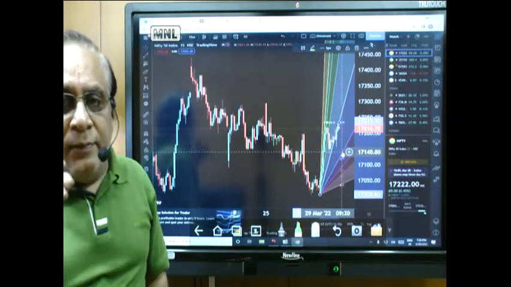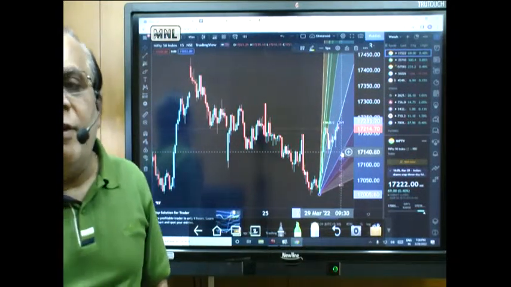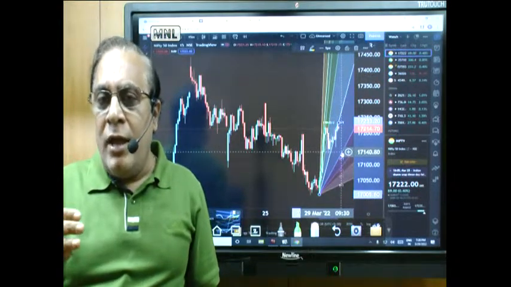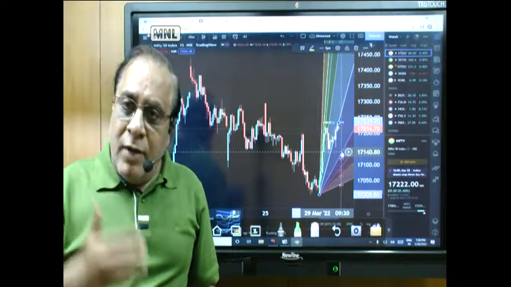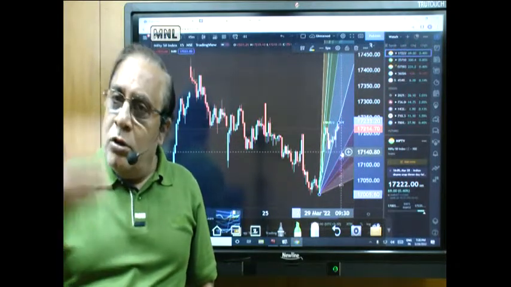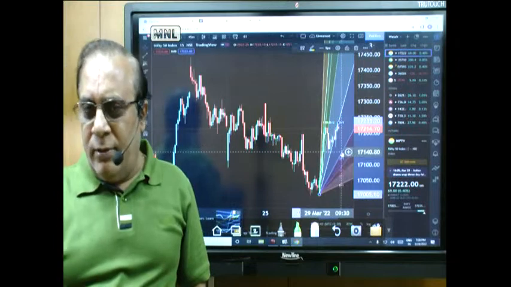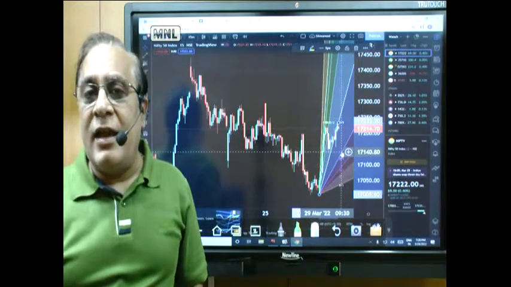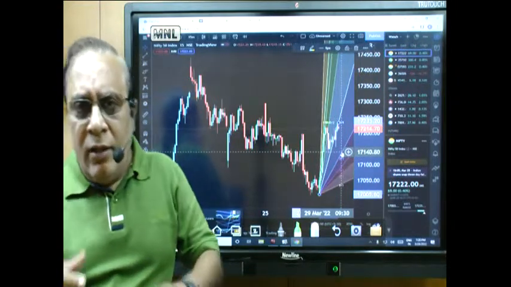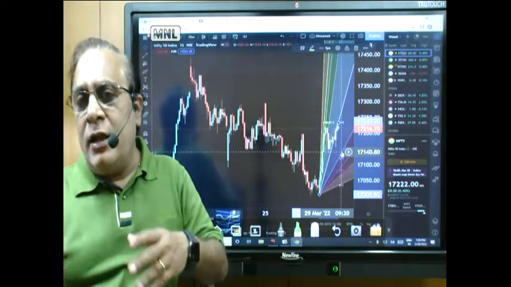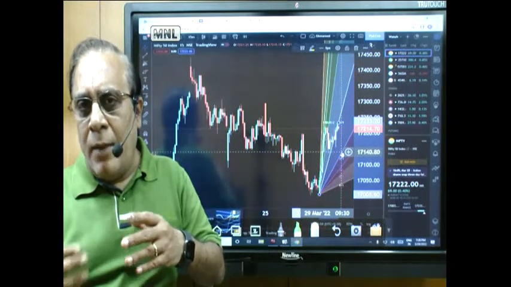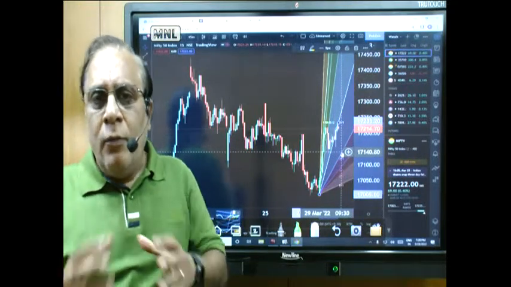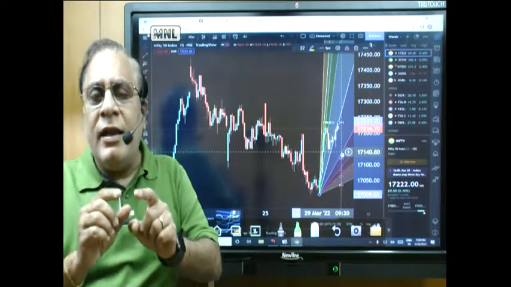Now, as it develops, let us say tomorrow it keeps on rallying to 17,310, 320 levels, then you have to draw the 45-degree angle from the 17,002, which is today's low, to tomorrow's high, whatever that you are going to get at that point of time, and then look at where the 45-degree angle is going to get cut. So we need to work out different approaches, but whichever approach is comfortable for you, you can choose whichever. But you have to be consistent. So the 45-degree angle is one